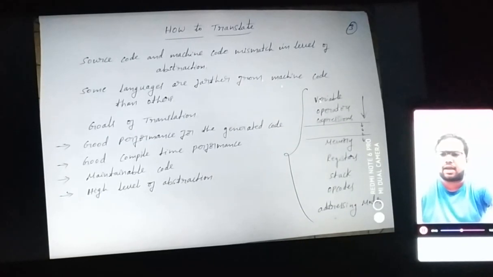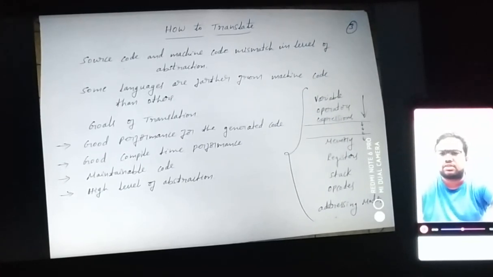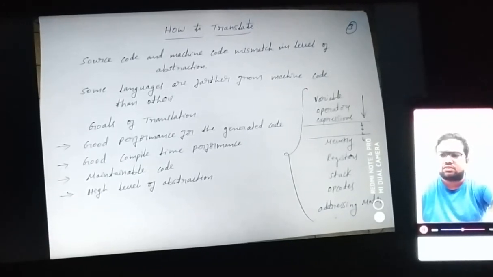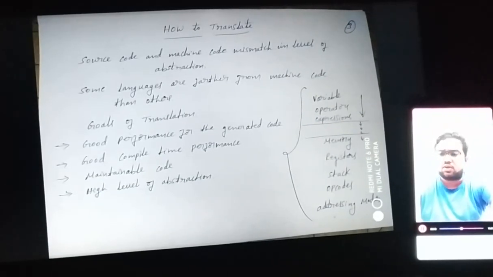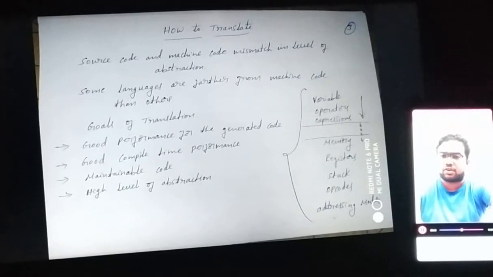So when you do this translation, you need to keep in mind that it should give good performance for the generated code. So they should go with better performance, either with the variable conversion or with the operator conversion or with the expression. And also it should be with respect to properly mapping memory, it should be confined to the limited range of the register, it should be within the stack limit, it should come within the opcode limit, and also the addressing modes that are facilitated with respect to that particular addressing lines, and also with respect to that particular processor it should be monitored. So that is how you have to make the performance with respect to the generated code.